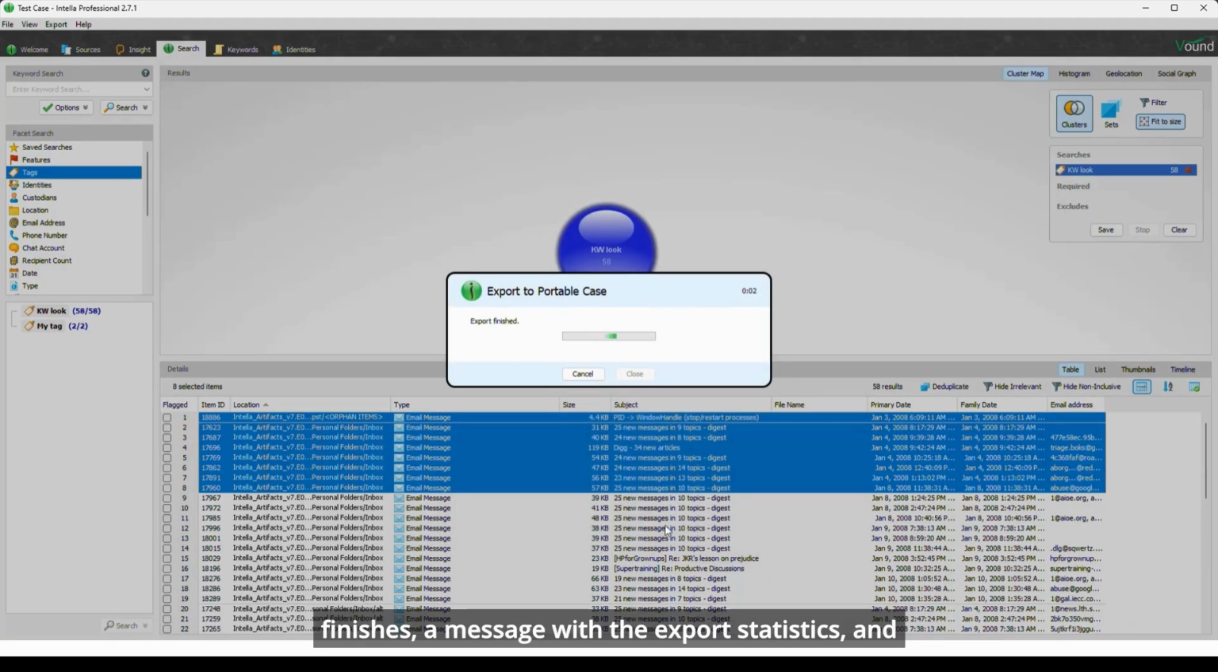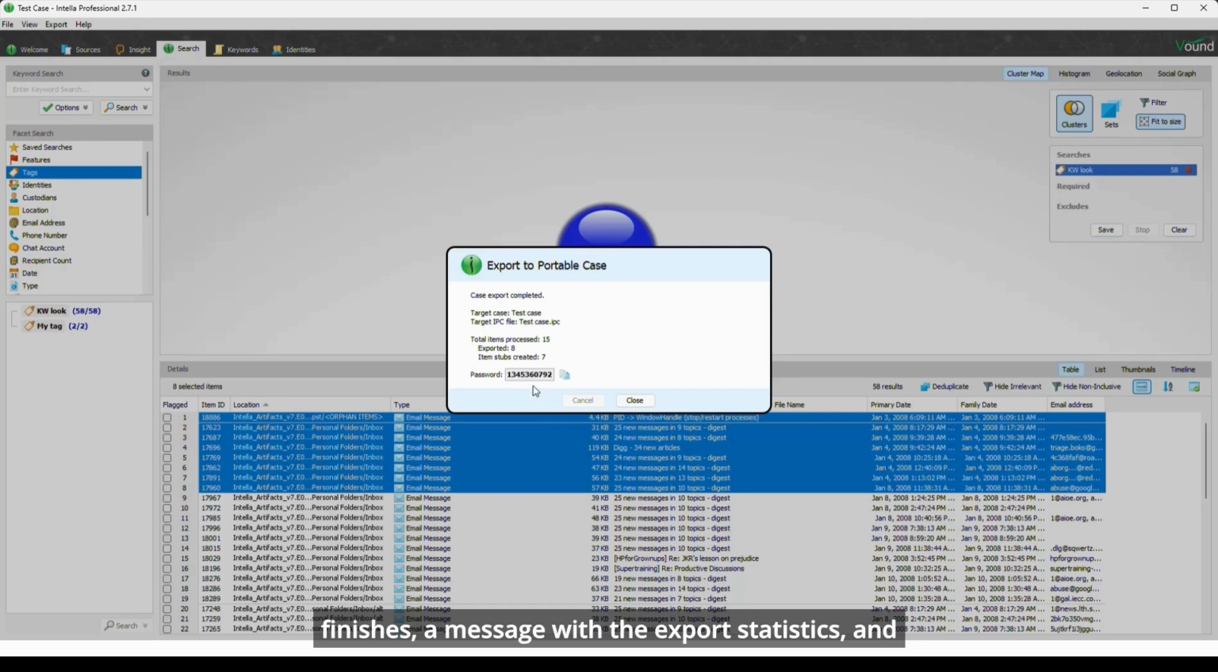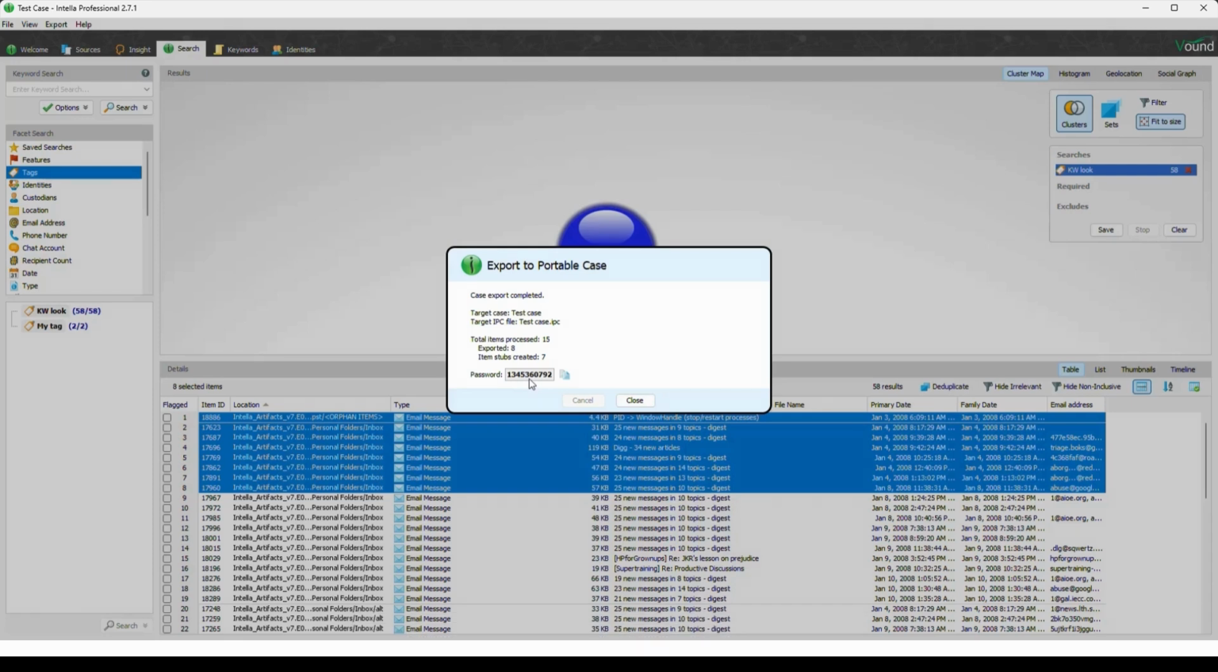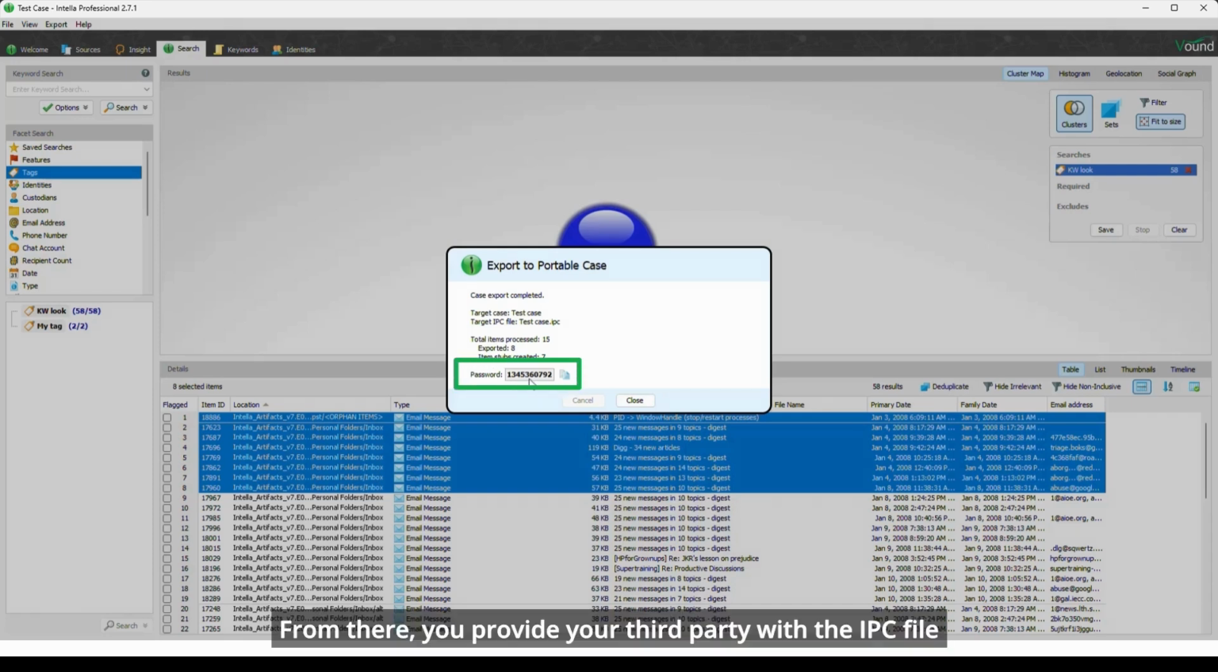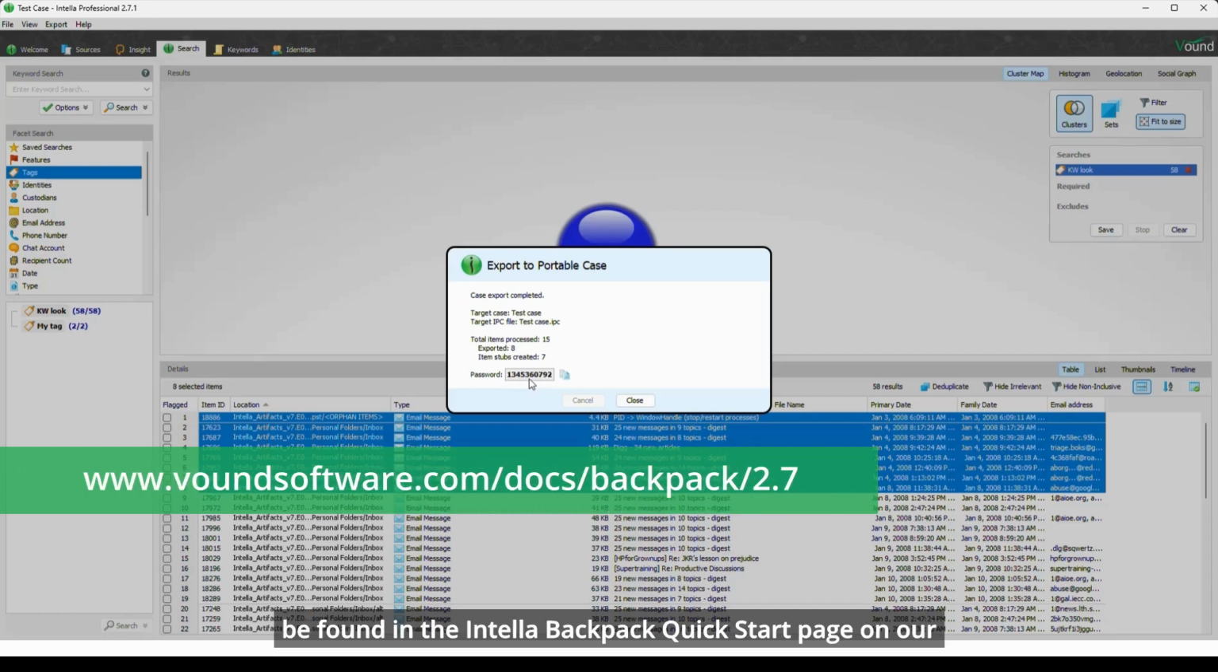After exporting finishes, a message with the export statistics, and importantly, the IPC file password is shown. From there, you provide your third party with the IPC file password and instructions on where to download the Intella Backpack installer file from our website. More information on this feature can be found in the Intella Backpack Quick Start page on our website at